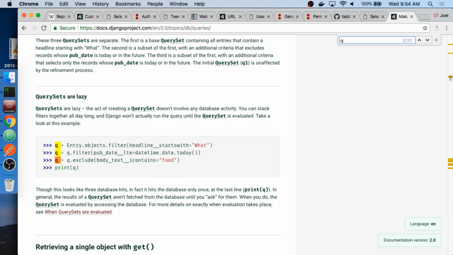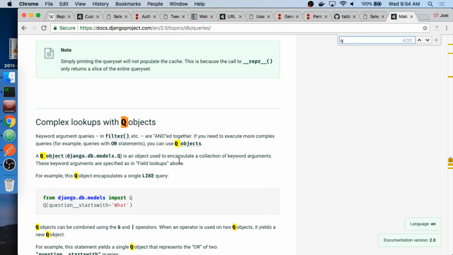Did you create a variable and do one query, add that to the variable, and then do another query and add it? What do you mean? Like, could you do just a variable called queryset equals Tweet.objects.filter? We just did. Do that. And then filter it down again. And then do another filter to add.